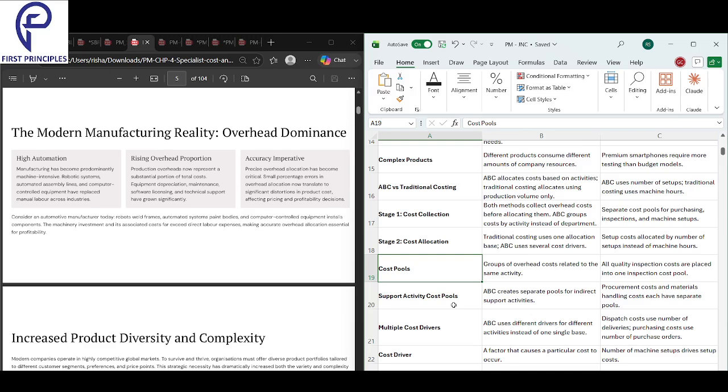So what are the two stages here quickly, Rakshita? What are the two stages? First stage is